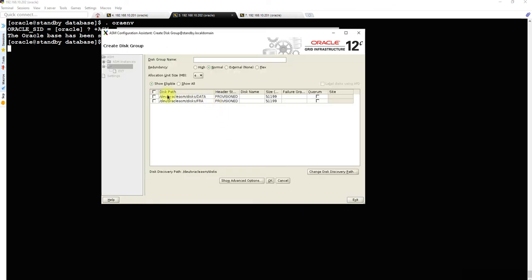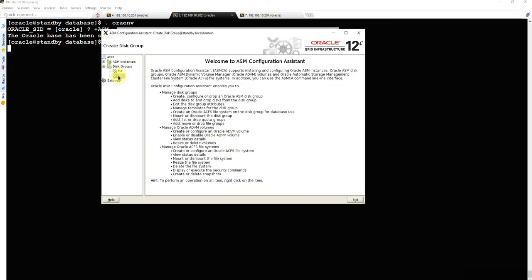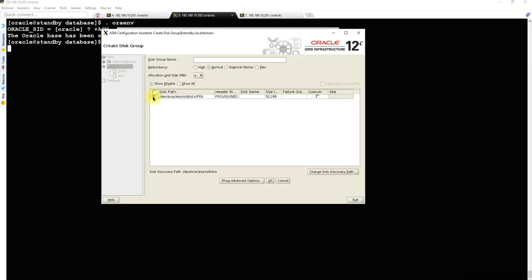Create the disk group. Use these disks and create a data disk group. Present this physical disk to the data disk group. We will create another one as well: create FRA, and present it to the FRA disk group.